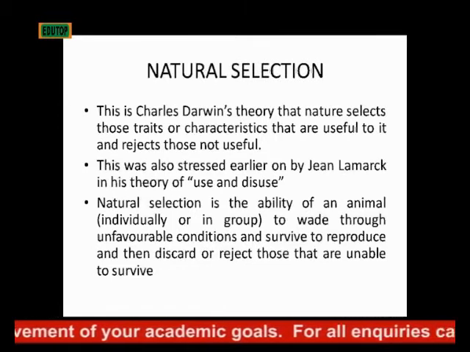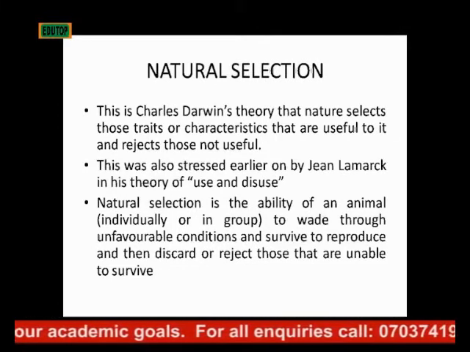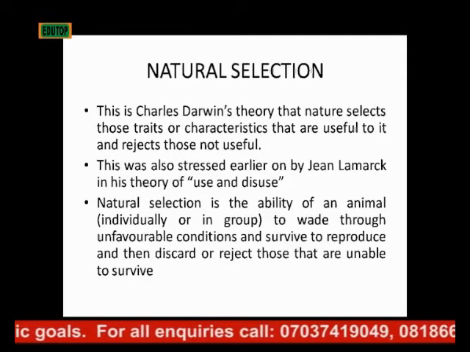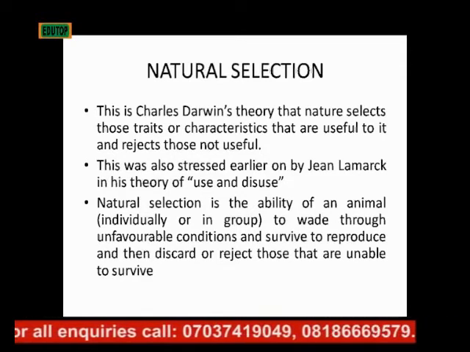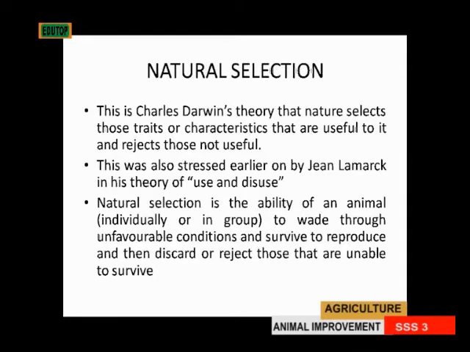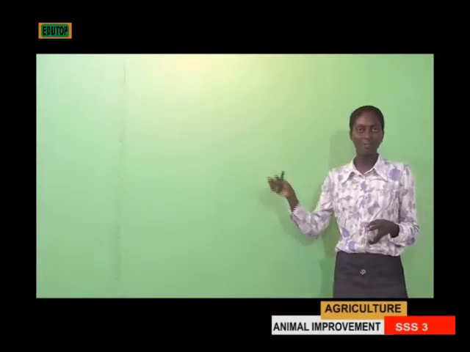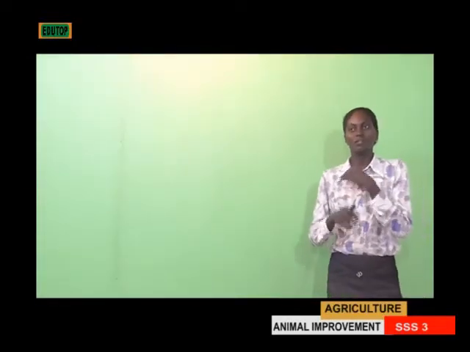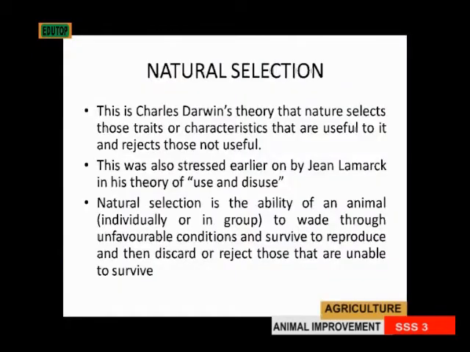Now, natural selection is based on Charles Darwin's theory that nature selects those traits or characteristics that are useful to it and rejects the ones that are not useful. So this is a natural thing, but it was propounded by Charles Darwin. He says that nature selects the traits that are useful to it, and the ones that are not useful, it just rejects. This theory propounded by Charles Darwin was earlier stressed by Jean Lamarck in his theory of